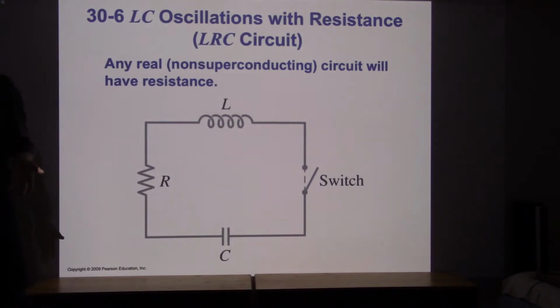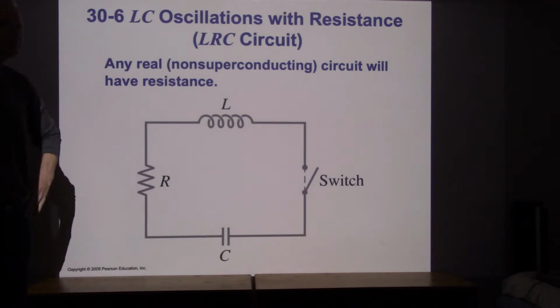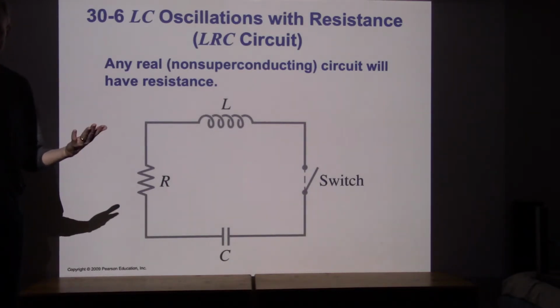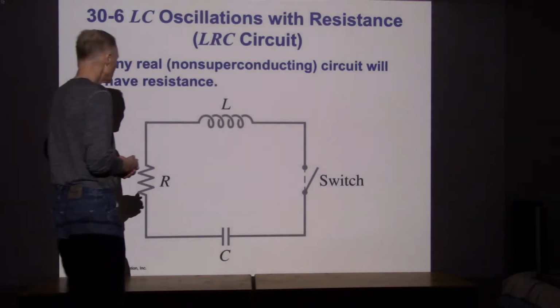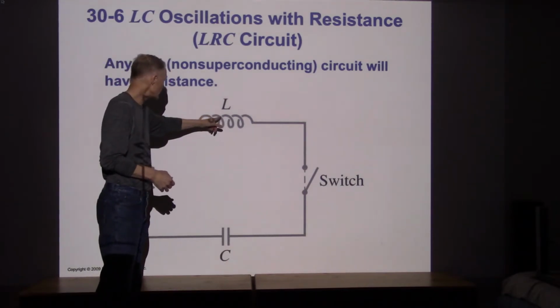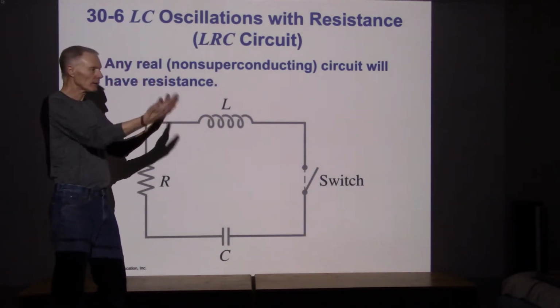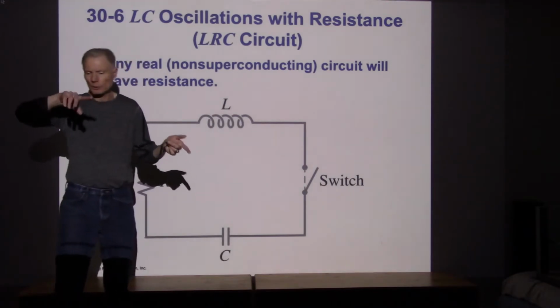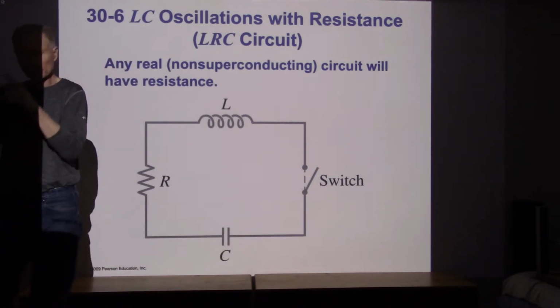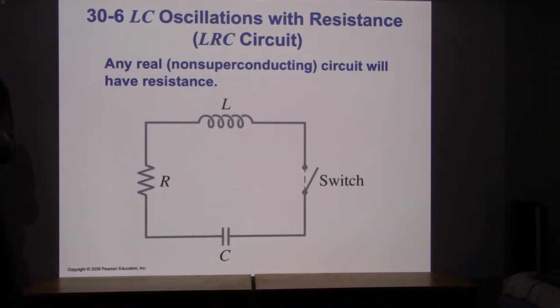Now, depending on how much resistance we have, this circuit is going to behave differently. One question we could ask is, are we still going to get those oscillations? When we had just a capacitor and just an inductor, we had oscillations. The current would go one way and then it would go back the other way and it would oscillate back and forth. Is it possible we're going to still see that sort of thing going on? And we will if